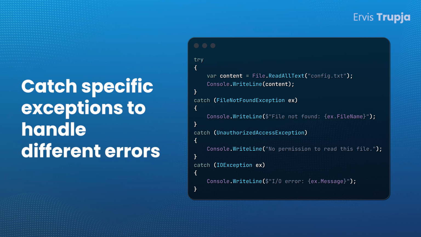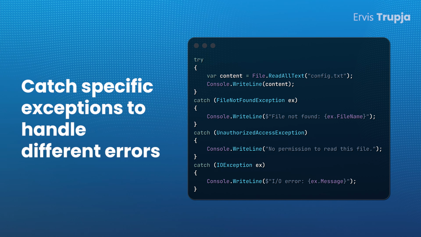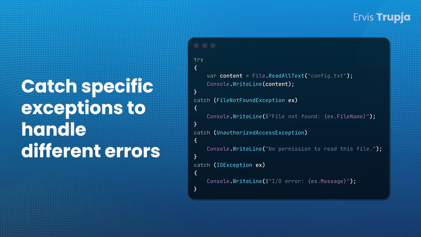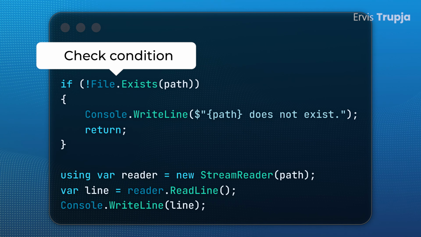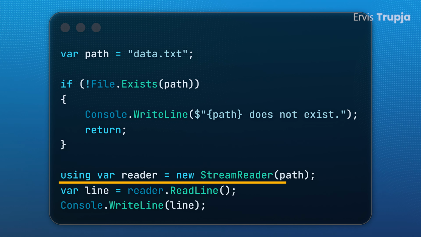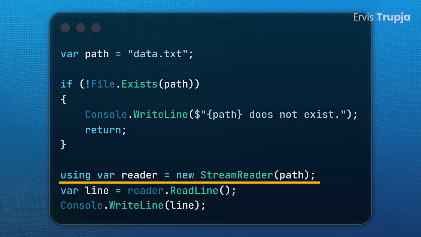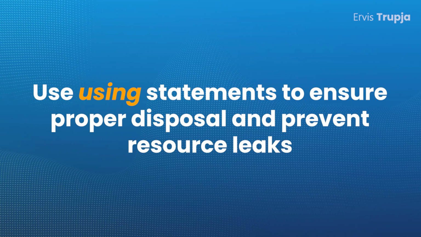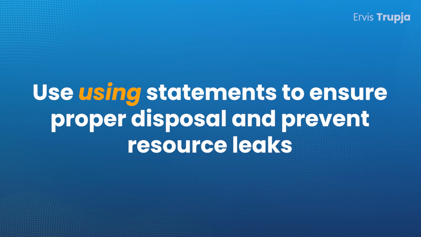You can catch specific exceptions with try-catch to handle different errors appropriately. Check conditions before acting to prevent exceptions proactively. Use the using statements to ensure that resources are disposed properly even when errors occur, preventing file handle leaks and